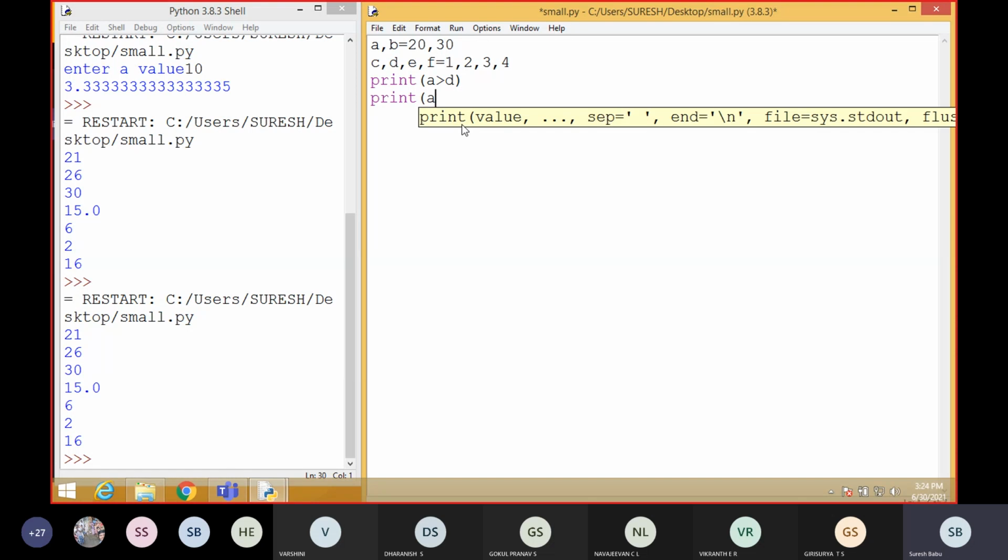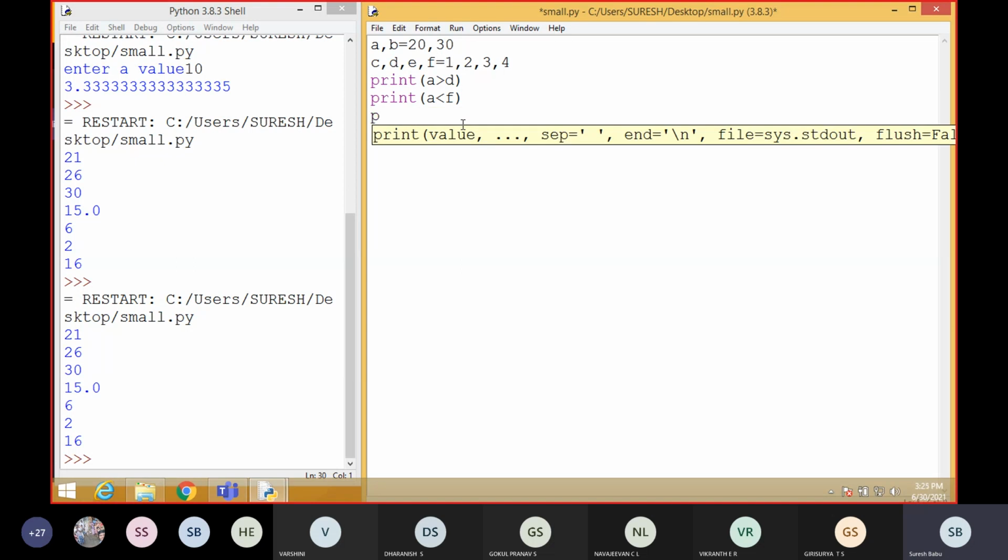So A less than F. What is the answer? Sir, false. False. Very good. A is 20, which is greater than 4, but 20 less than 4 means that is false. So B equal to